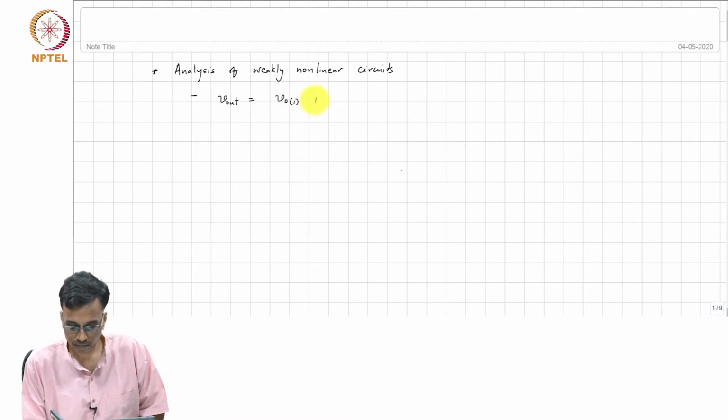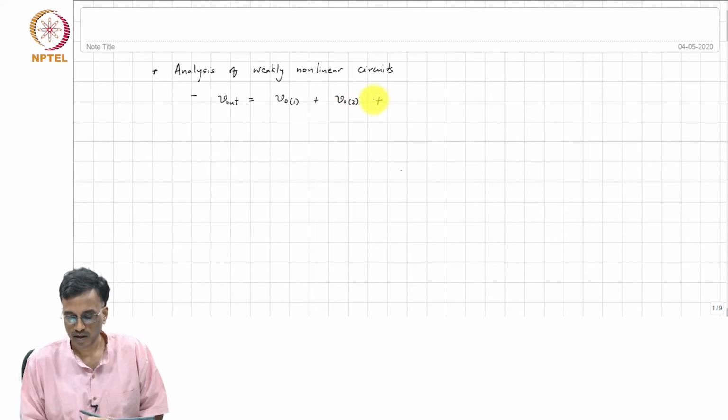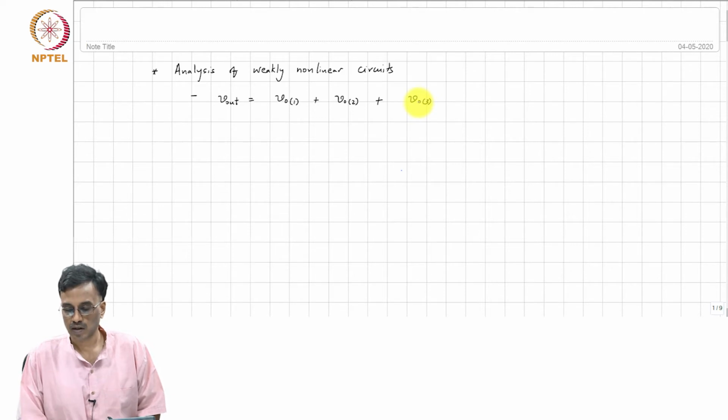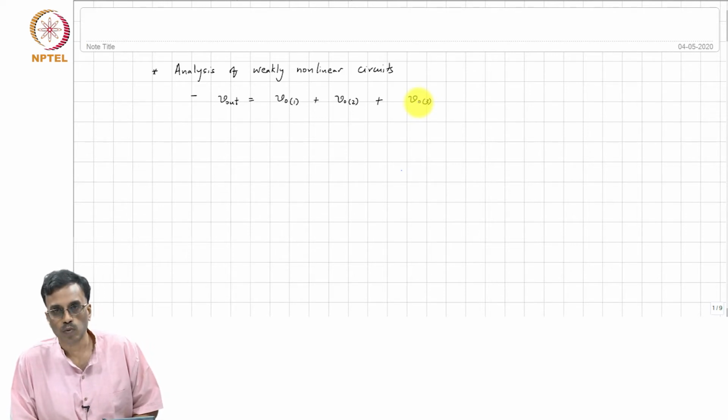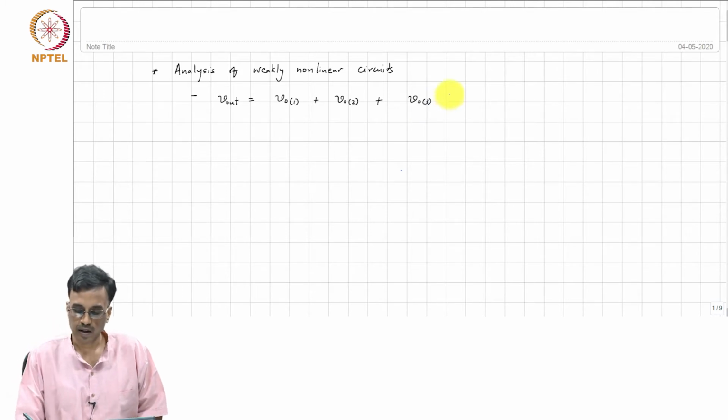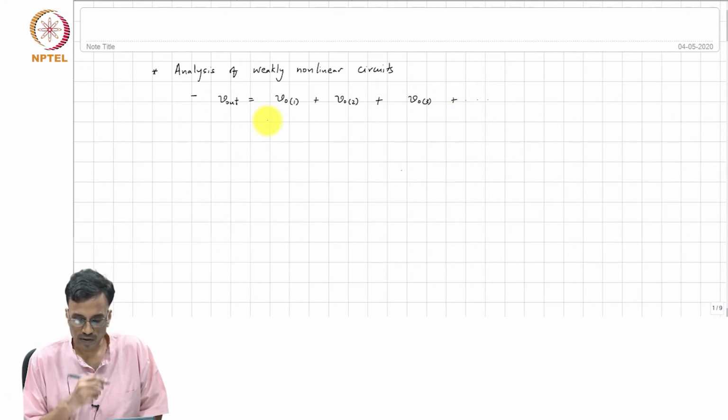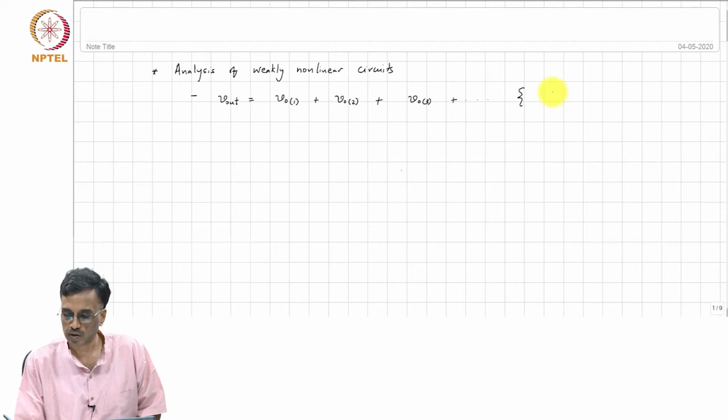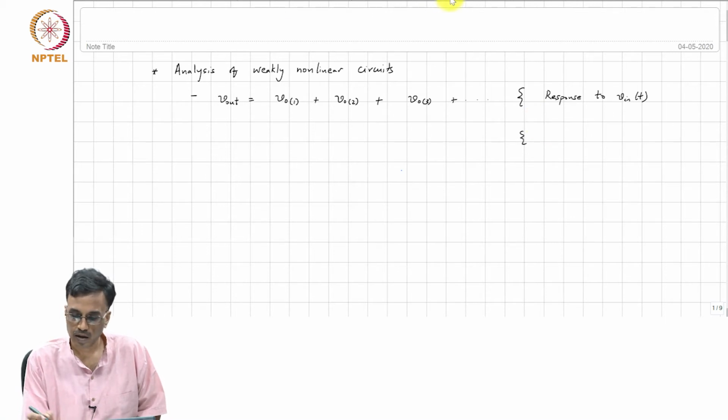a linear term, a second order term, and VO3, which is due to terms including both the second and third order, and so on. And if this is the output in response to V in of t,